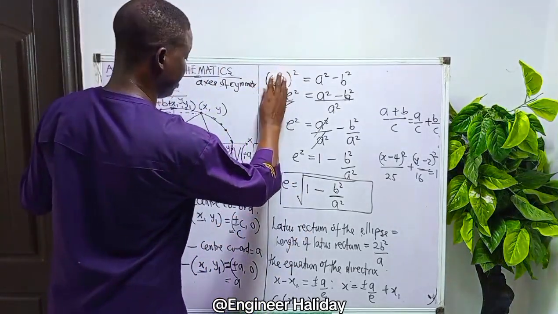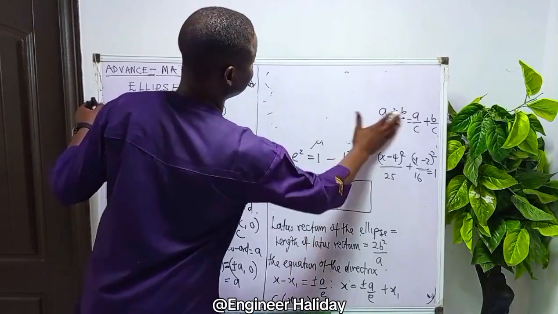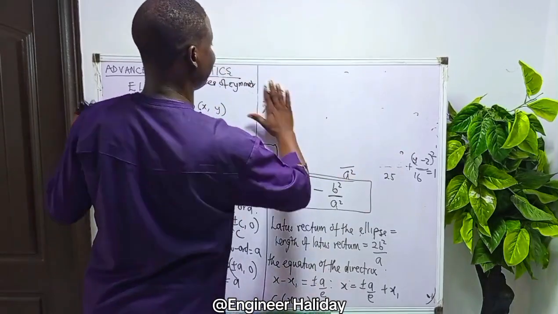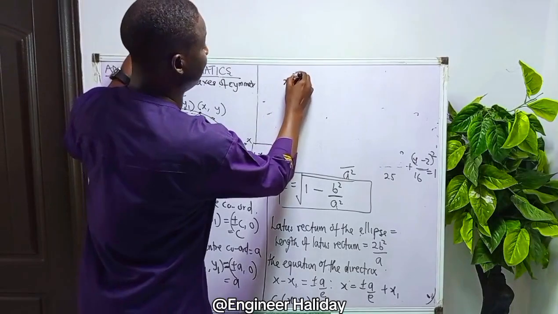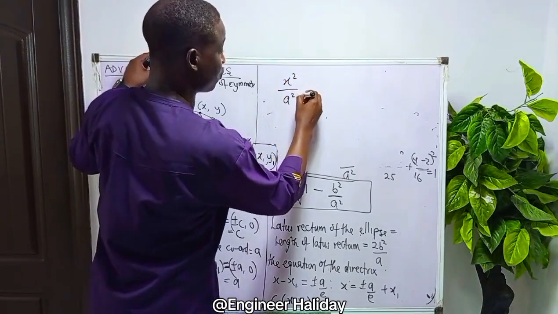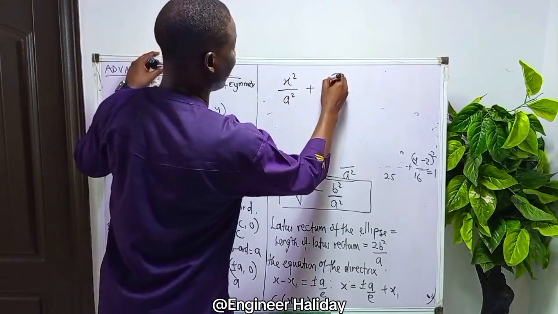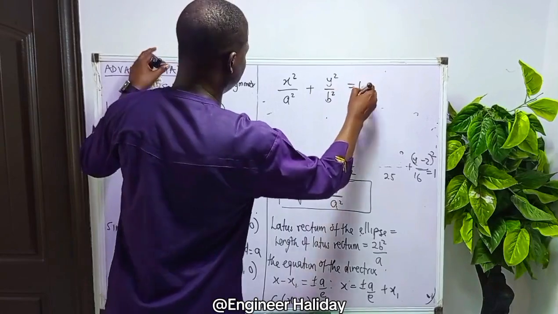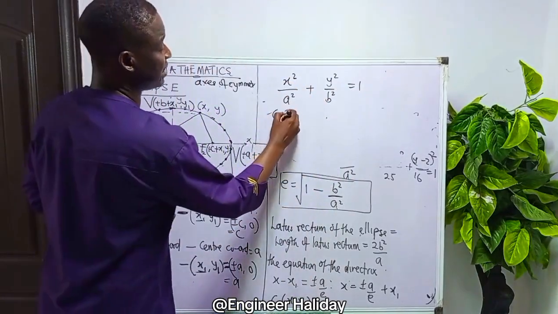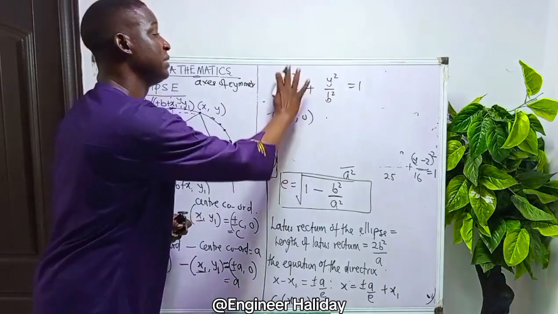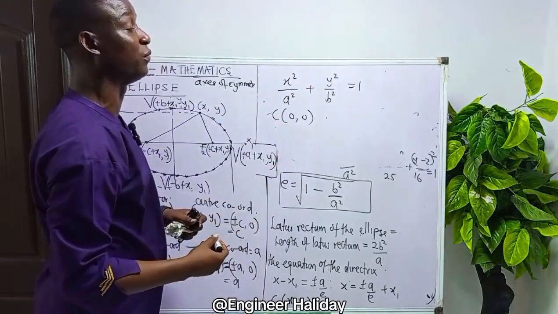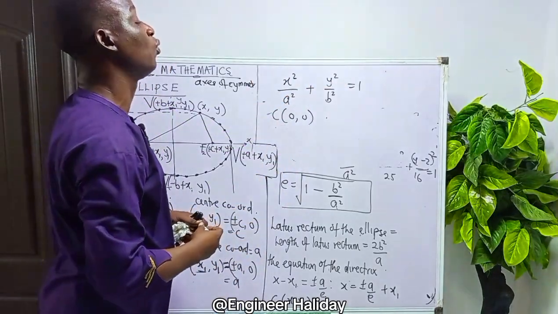Don't forget that you can also differentiate. Let's say you have something like this. Let me just take a simple example of an ellipse that has a center of 0. Let's say x squared over a squared plus y squared over b squared equals 1. This is an ellipse that has a center of 0, 0. Now if you want to find, maybe, the equation of the line tangent to this ellipse,